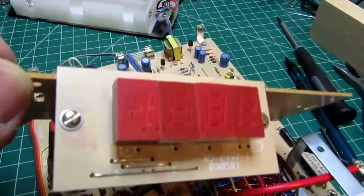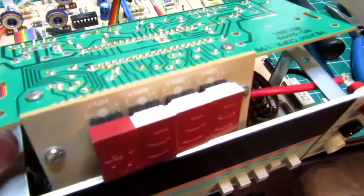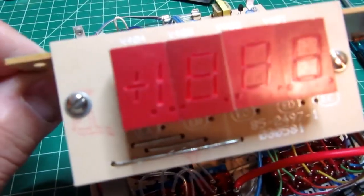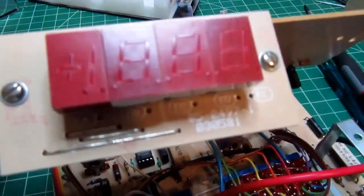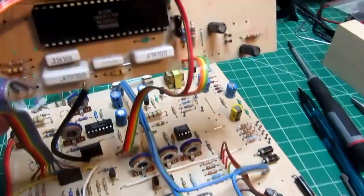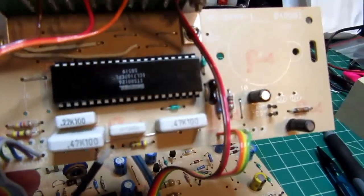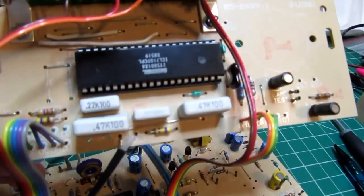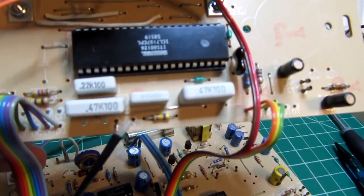It just has the 4 LED display modules on it. One of them is only a plus and minus and number 1, and the others are the full 7 segment types. There's nothing else on that board. And then on the A to D board, the only things that are on there are the Intersil ICL 7107